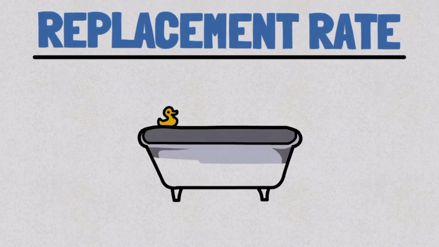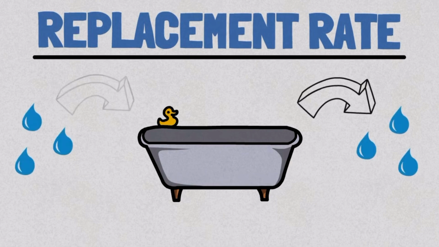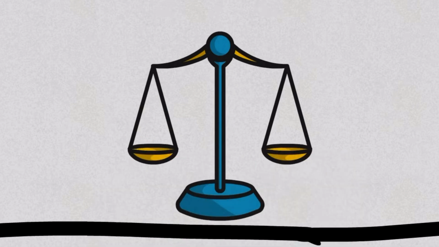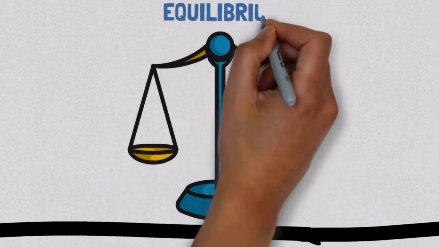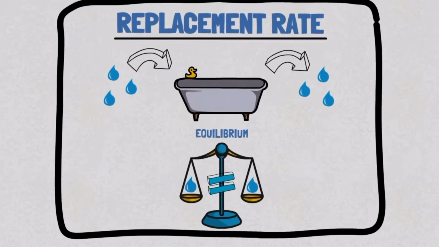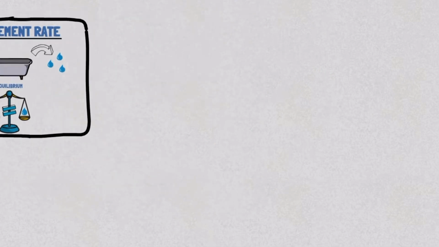You could think of it as a bathtub, and you're draining the bathtub and filling the bathtub at the same rate. And if you do that, then the level of the water should be able to stay stable. We call that equilibrium. It's not that you're not using any resources, you are, but you're doing it at a rate that the systems are able to stay somewhat steady.